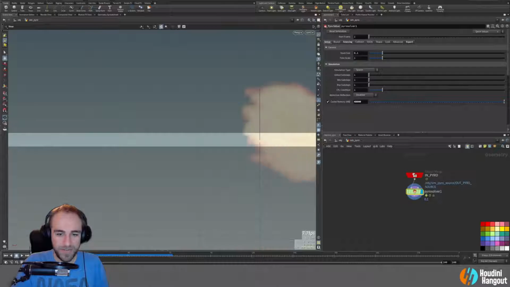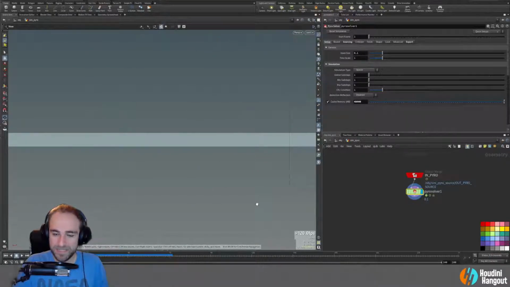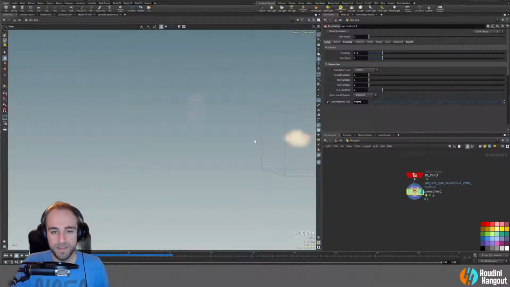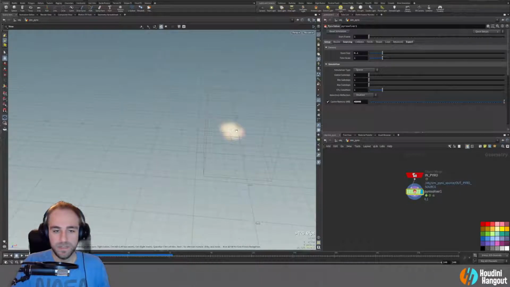The other thing we don't want is for this to just dissipate so quickly like that. We want to add in some other nice elements and things like that. So we're going to have to do some tweaking here to get this to look right, but it's doing something. We got a Pyro sim going. It's very